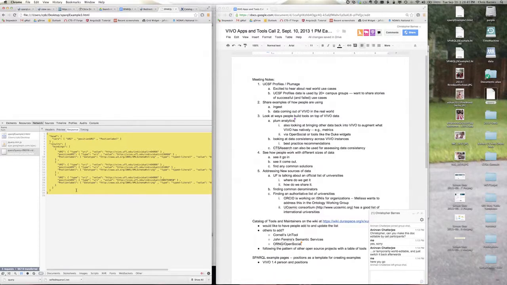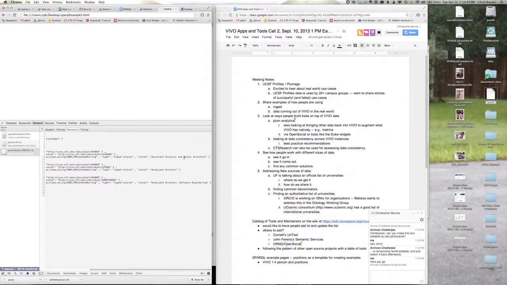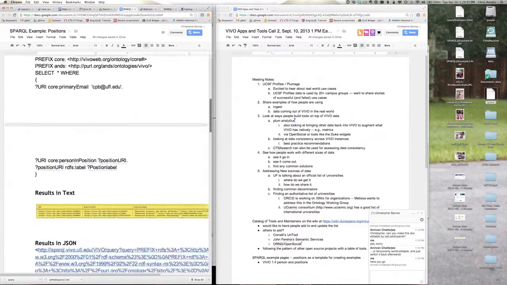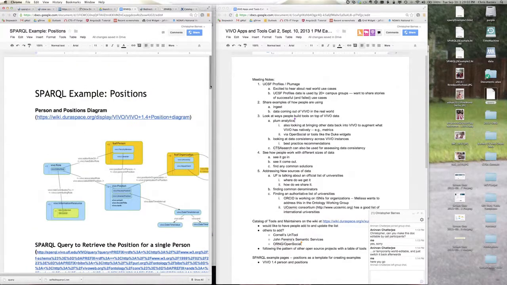I didn't have time before the call, but basically you could iterate through here and grab out any one of these. Here are the labels. If I scroll to the right, you should see here's the label for that position. So again, this was just an example. The main point I wanted to bring forth is I wanted to get everyone's feedback to see if they thought it was worth the time creating these.